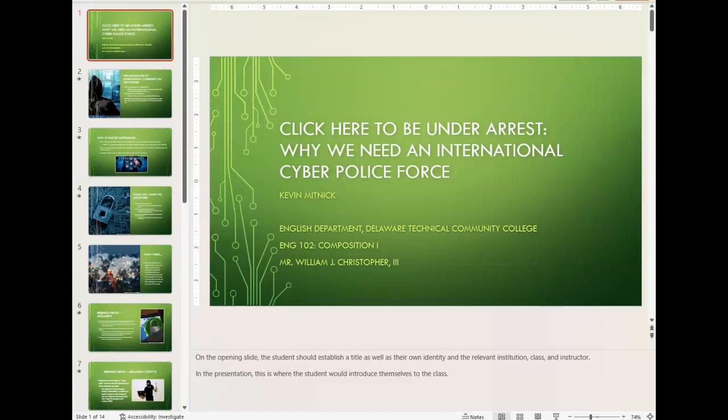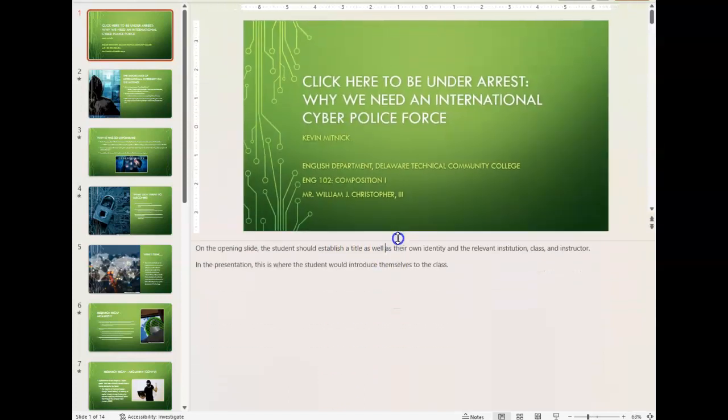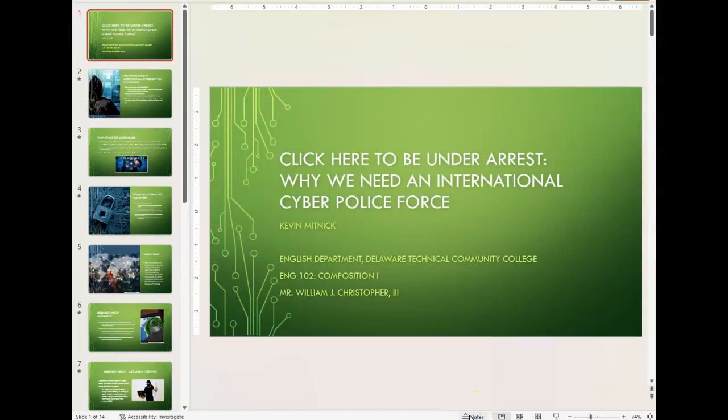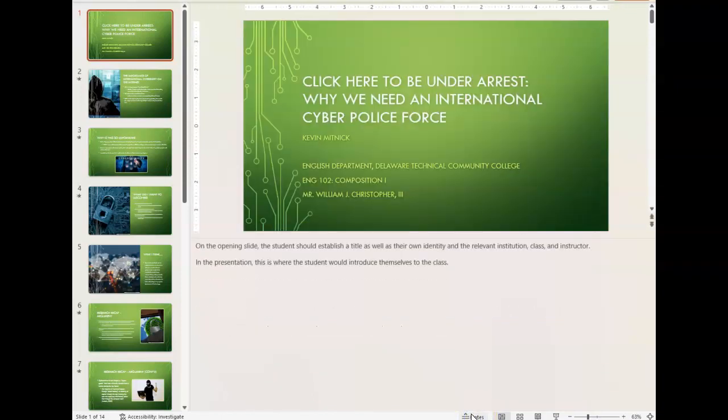But what I want to show you now is the idea that we have notes to look at. So I'm going to actually shrink that a little bit and bring up my notes slide so you can see it a little bit more clearly. If you do not see the notes, down here at the bottom, you can click on the button that says notes and it'll make it appear or not. So if you don't see them as you have this open for yourself, please click the notes button and you'll be able to see what's going on.